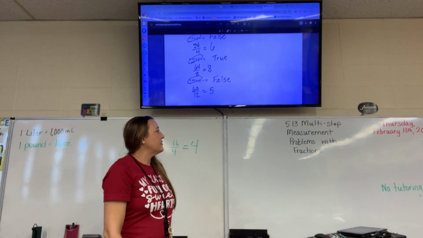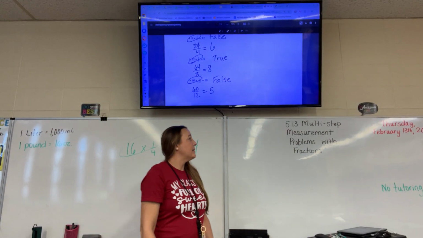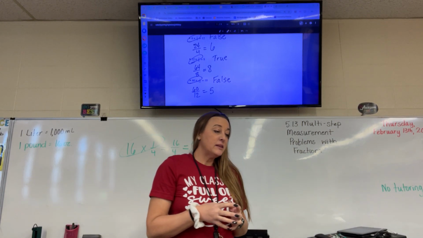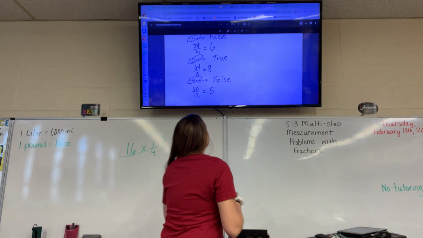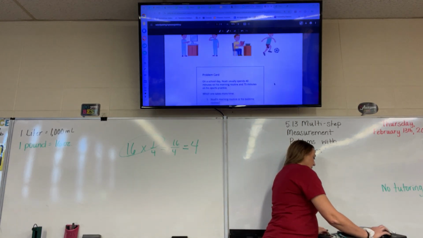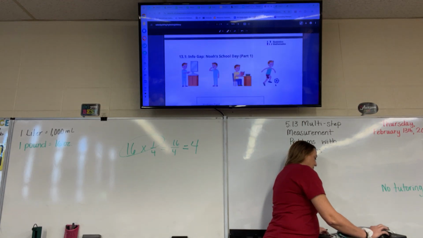Today we're doing lesson 5.13, multi-step measurement problems with fractions. We've done the math warm-up. We're skipping the next 2 pages. And so now we are going to talk about